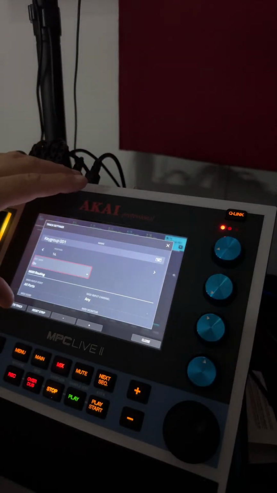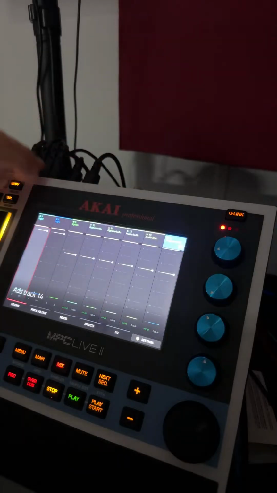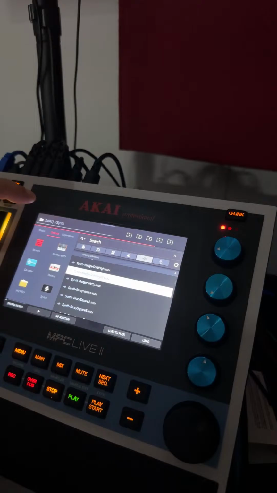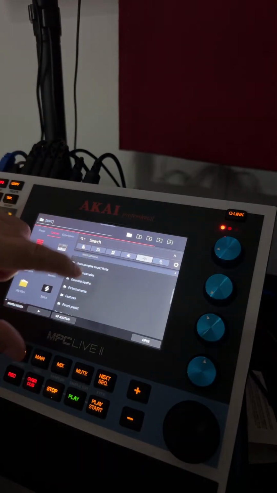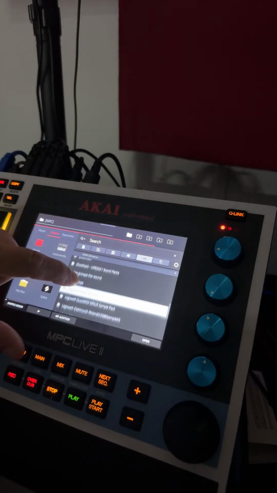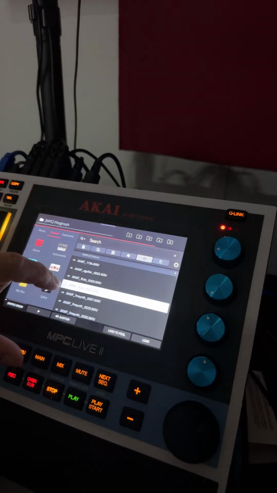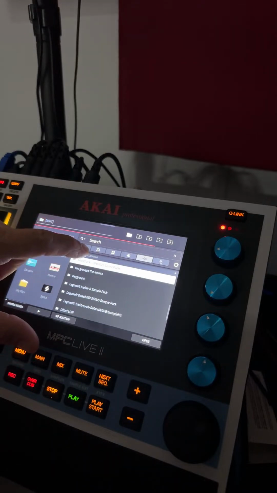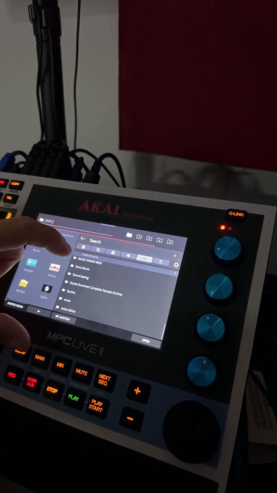I'm gonna delete this key group again, and I'm gonna add another one, and let's go a little bit crazy. Let's find the other sounds that I have in here. Other sounds are like one hits. Let's go here. Where is it? So let's say, okay, let's do it with